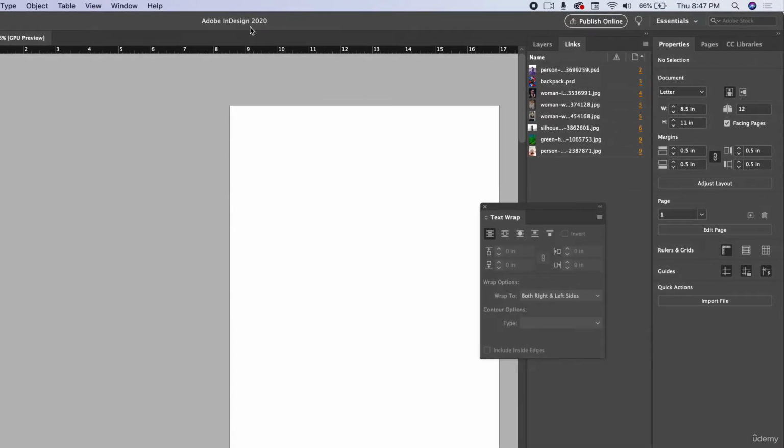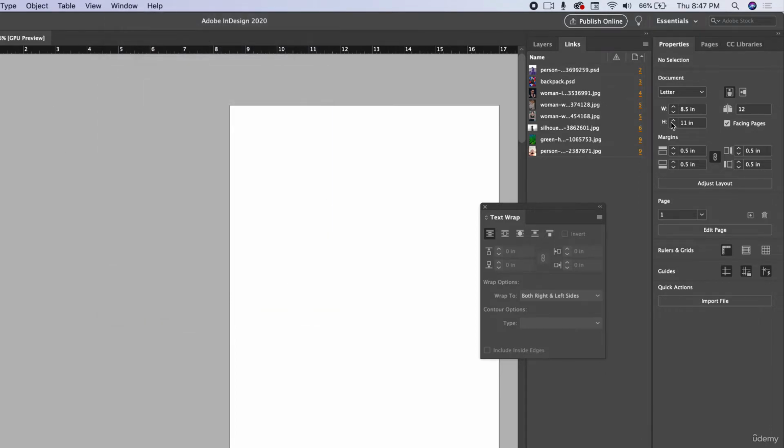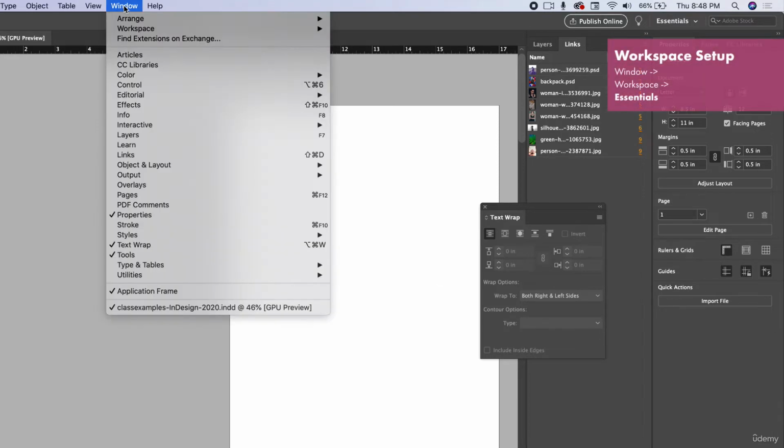I'm going to be talking about what would happen if you have an older version. Maybe there's a certain tool that looks a little bit different. I will bring that up a little bit in the class. So I'm going to go ahead and get the basic workspace open. I have kind of my default custom workspace here, but let's all reset it so we can have a similar